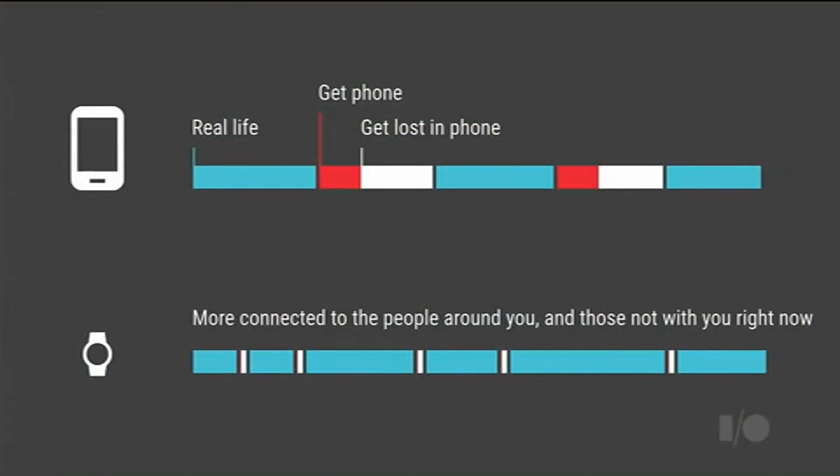have all experienced. You feel your phone buzz in your pocket, you pull it out, and you're like, okay, well, I got some email notifications here. You go to your inbox, and next thing you know, you spend several minutes distracted from the world around you, really engaged with what you're doing, but not necessarily present with what's going on. So with Android Wear and having these glanceable notifications on your wrist, you can have more interactions throughout the day, have them shorter and less distracting from the world around you, but still get more information about what's happening.